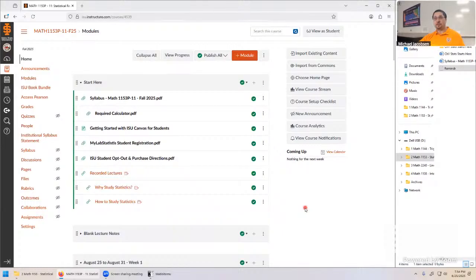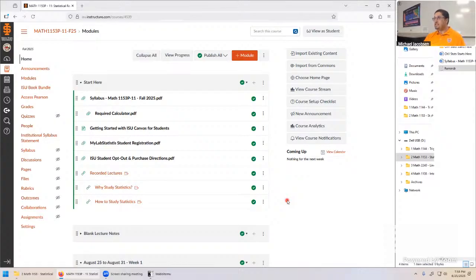So this is the tricky part of the course. Well, not super tricky, but it's a little bit confusing on day one. ISU has this new program. It's, I believe, a year old now, called ISU Book Bundle. Some people are opted in because they opt you in by default. That's already an ethics thing you might wonder about.